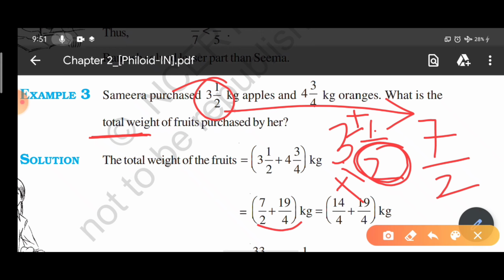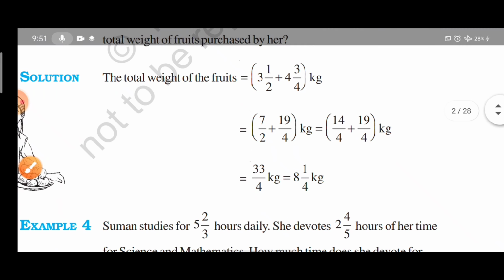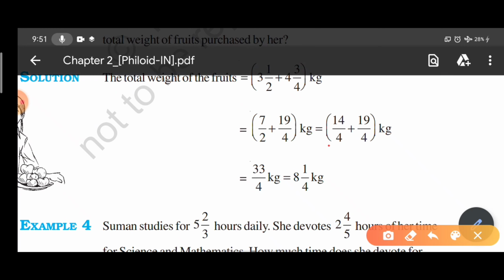So for example, here this particular thing is provided, but again the denominator is not the same. I will just explain how you can make the same denominator. Here it is only 2. I need to multiply by 2 over here, so I'll multiply 2 in the numerator as well. It will become 14 by 4. Now I can simply add. Once the denominators are the same, I have to write the denominator one time and simply add the two values provided over here, and I'll get my answer.